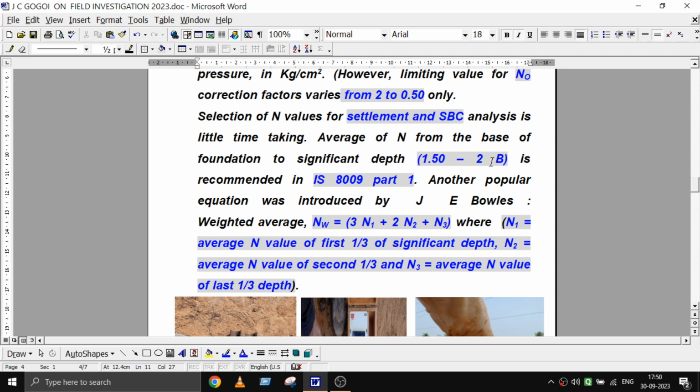That means we will be getting a little deeper, and for settlement also, when our significant depth will be 2B, the overburden pressure at mid height of the significant depth will be a little higher than for 1.5B. Significant depth of 1.5B, it will be 0.75B. Here it is 1B. So there is a difference of